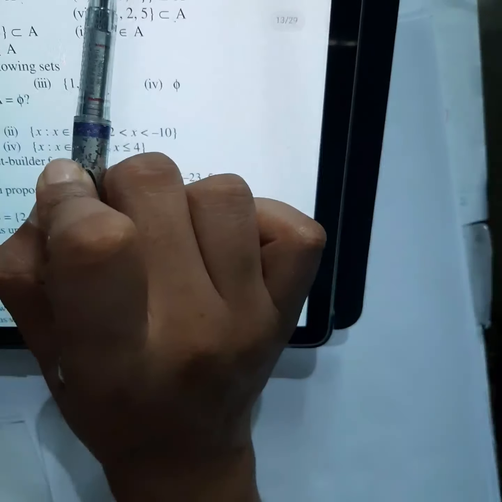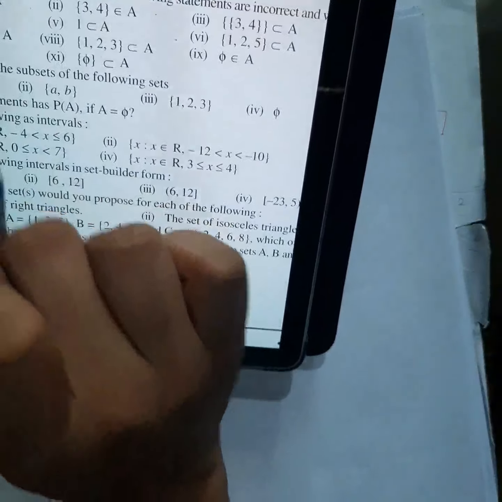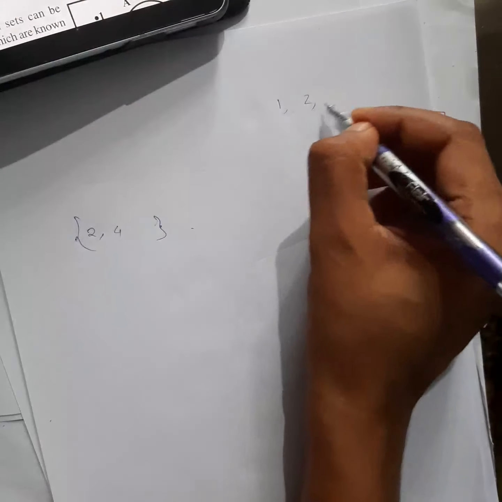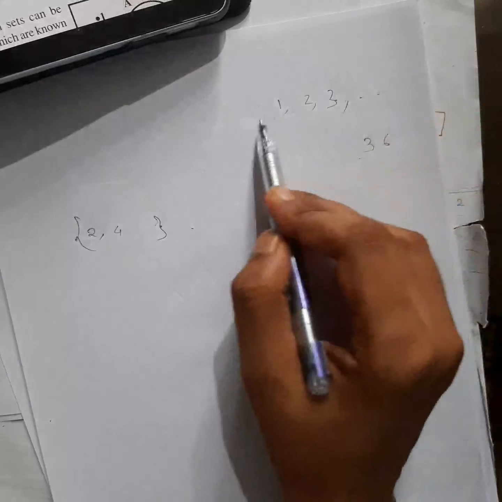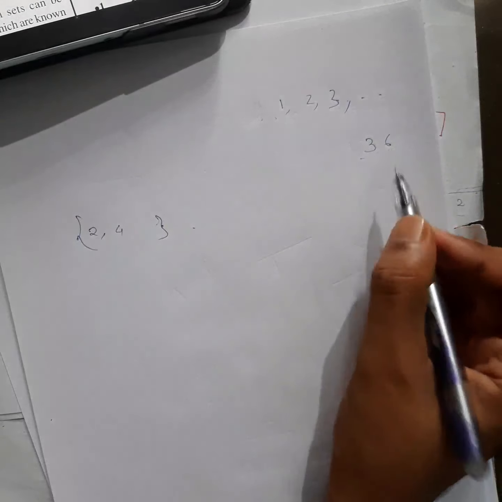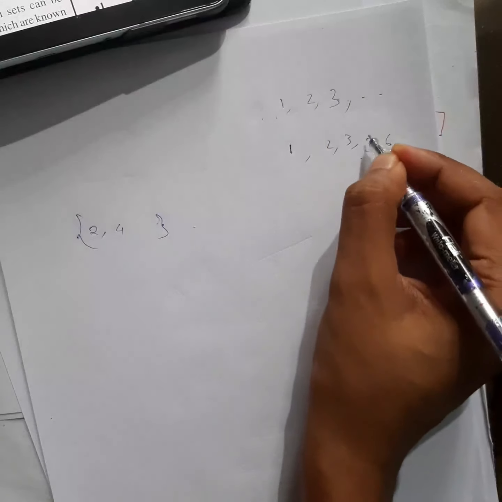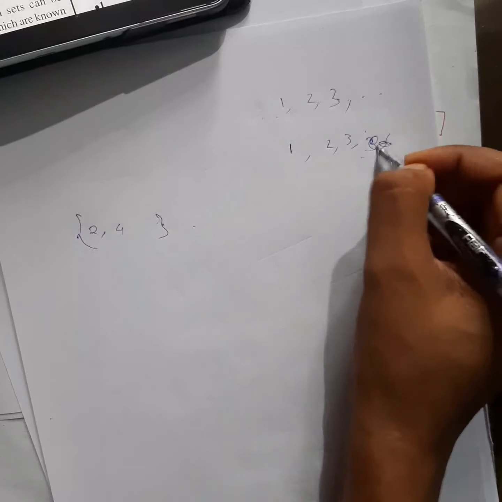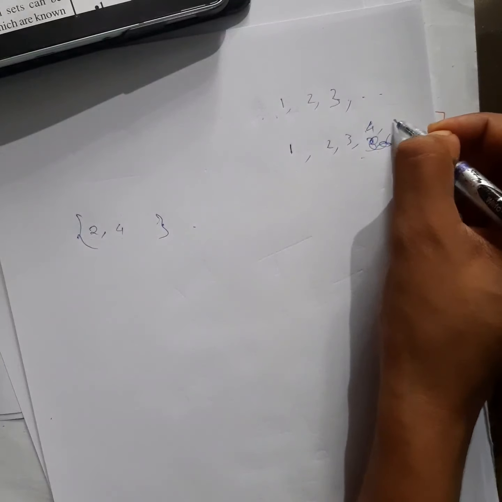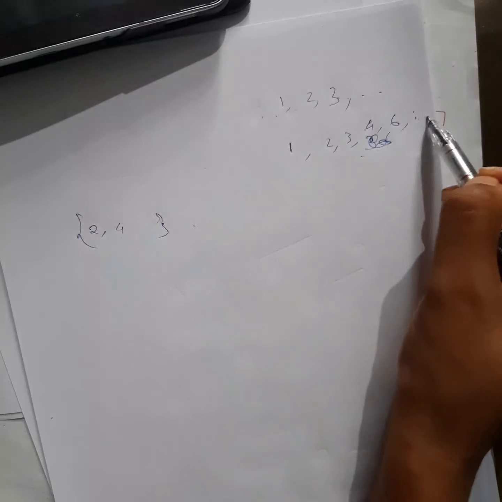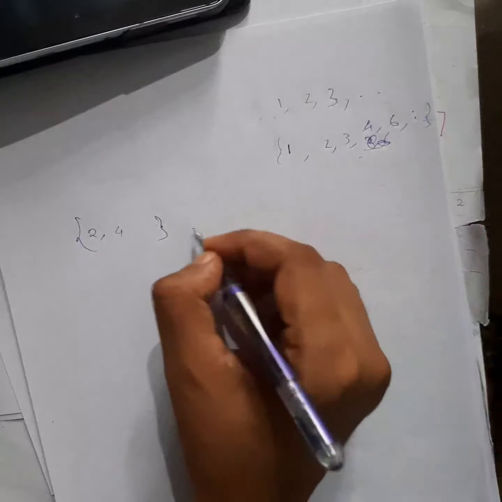Okay, so next set, what is it? X is the element, and what is X? X is a natural number which divides 36. Now what are the natural numbers which divide 36? Natural numbers start from 1, 2, 3, 4 like that, right? So from this, what are the numbers which will divide 36? So 1 will divide, 2 will divide, 3 will divide, right? Then 4 will divide, 5 won't divide 36, right? 6 will divide. Okay, after that, whatever divides, I don't need all those.